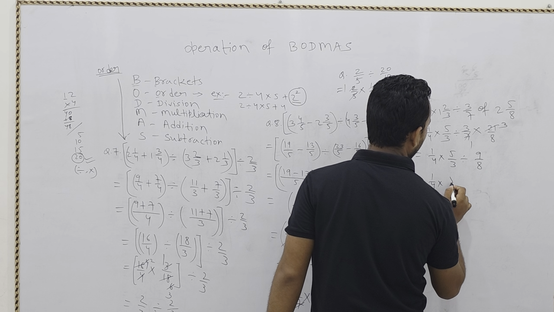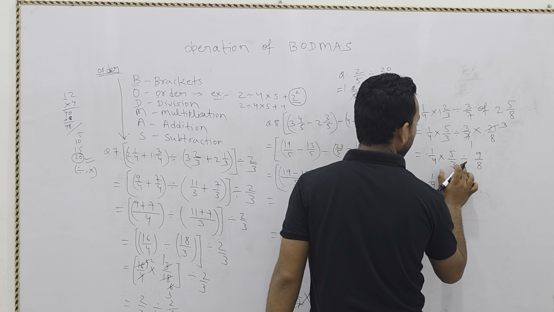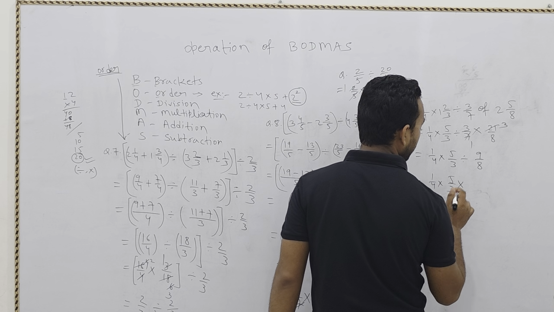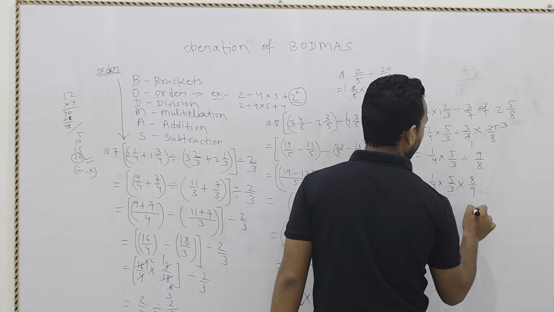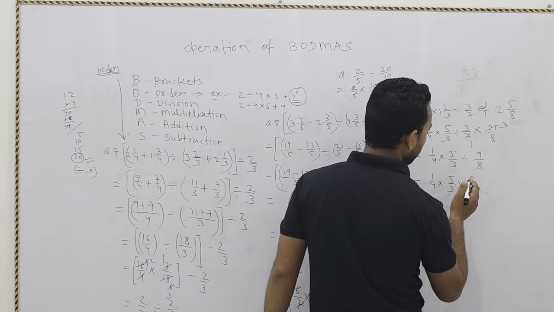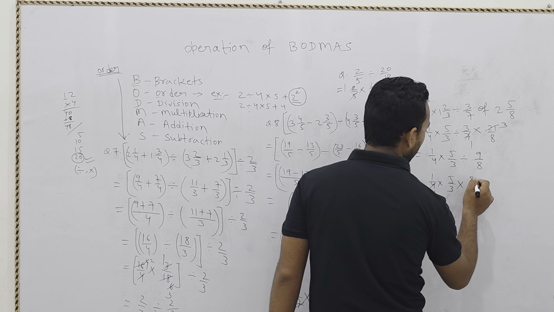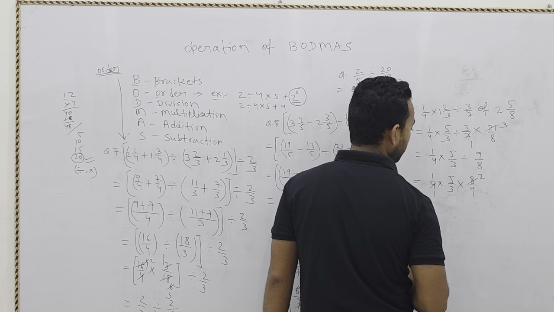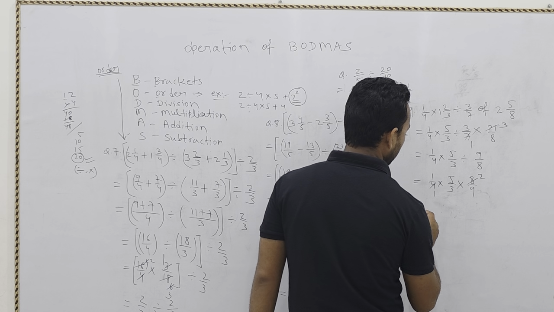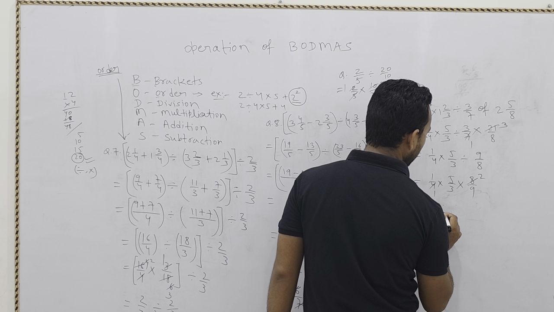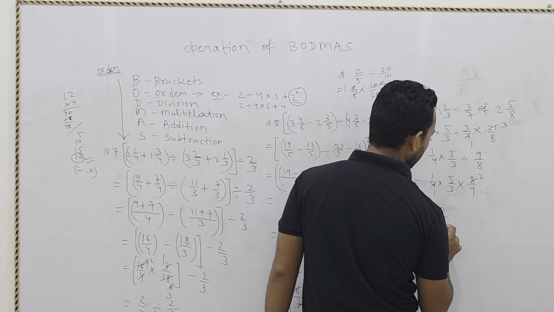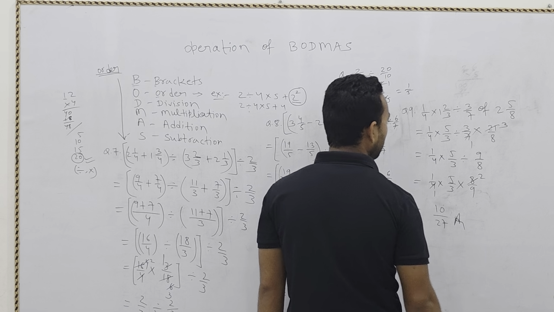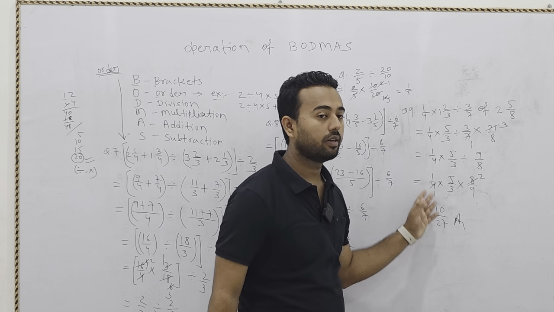1 by 4 multiply 5 by 3. This division is written as multiplication, and it will be 8 by 9. Earlier I said how it is coming. Now we will cut 4 times, this 2 times. Now it will not cut. So 5 twos is 10, 3 nines are 27. So this will be the correct answer for question number 9.